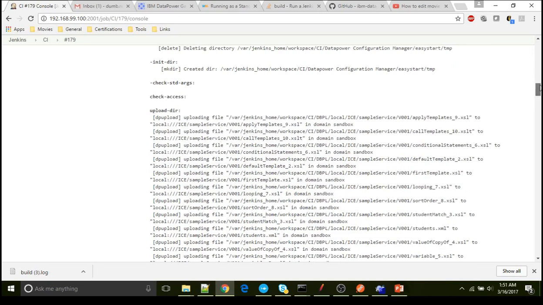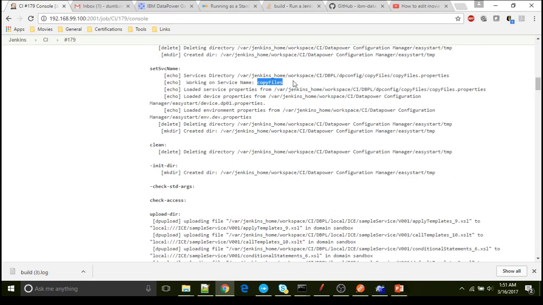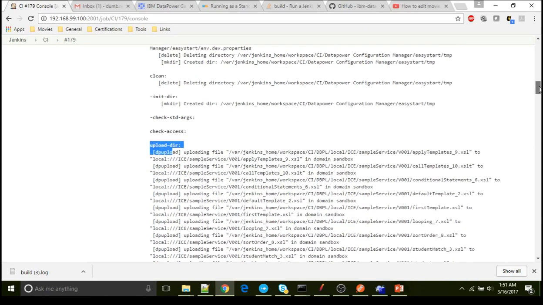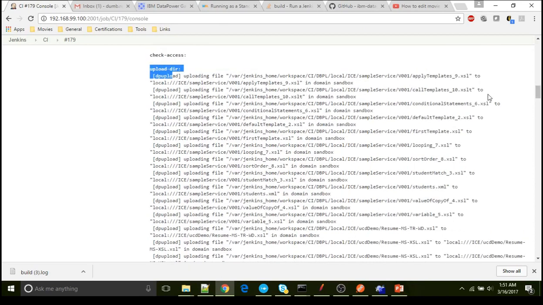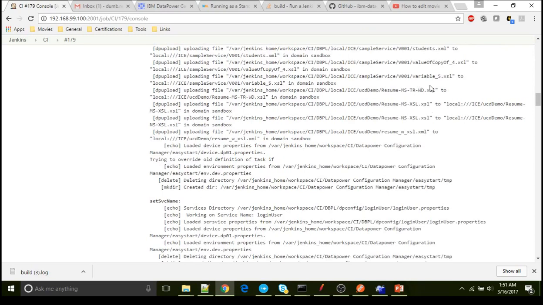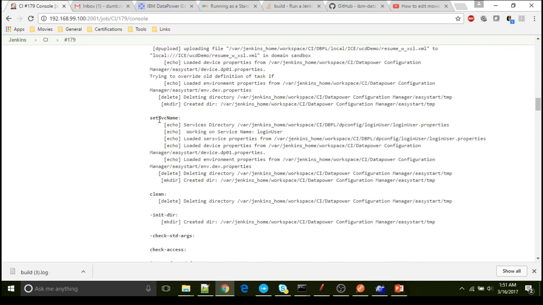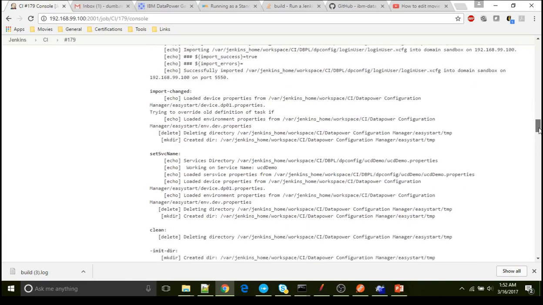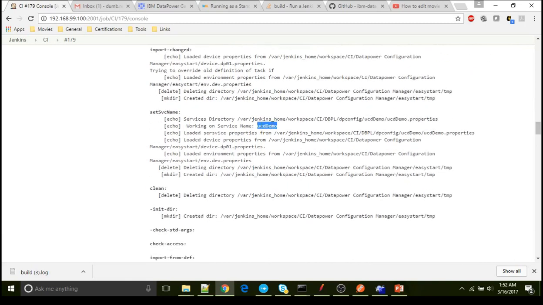So since I said copy files, upload directory gets triggered, and if you see, as per the properties I have defined, it is deploying the whole folder. All these are individual files actually. After this deployment of files, set service name is looped again with a different service, login user, and the same thing again for UCD demo set service name.